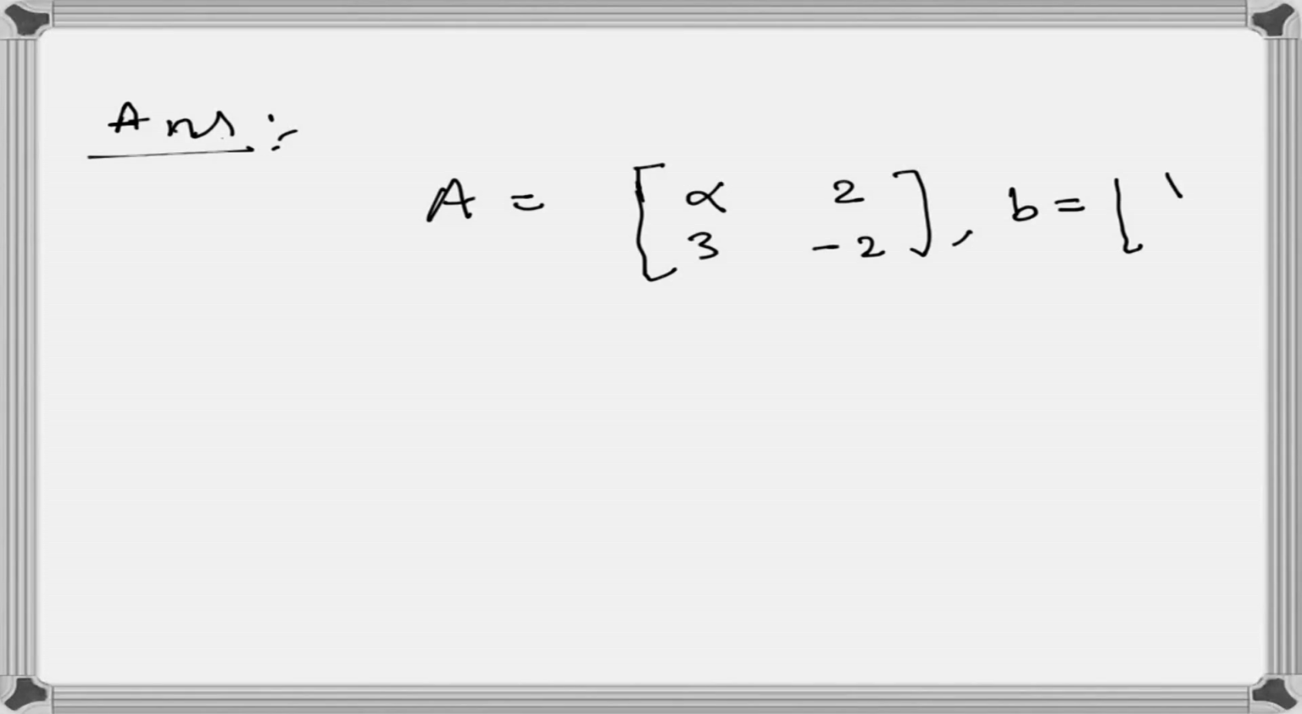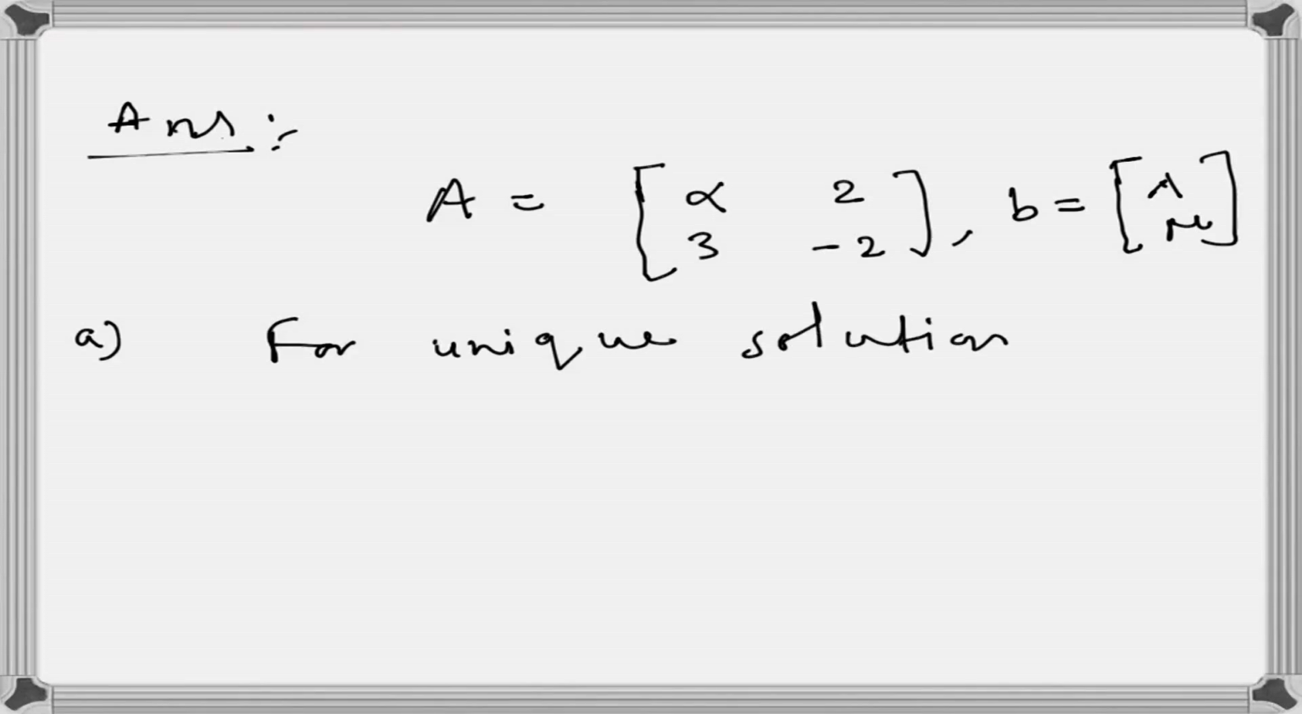Okay, so for this system of linear equations, we have this matrix A, which is given by alpha, 2, 3, minus 2, and B is lambda, mu. Okay, so let's solve the first part. So for a unique solution, the condition is that